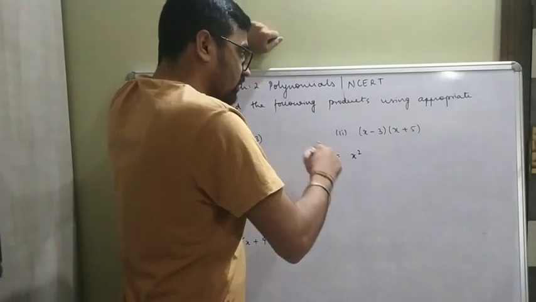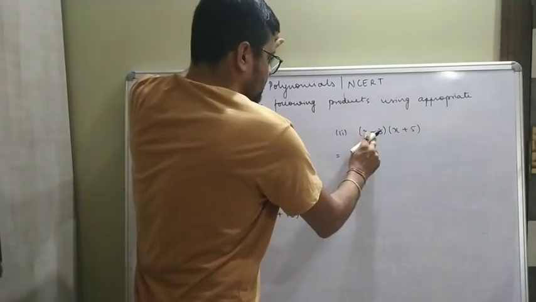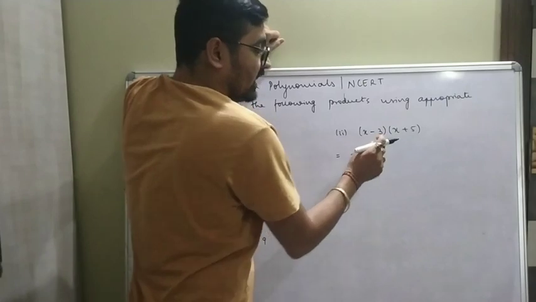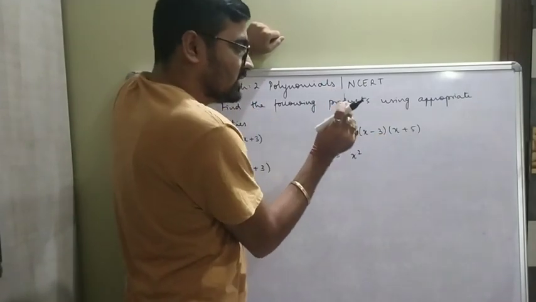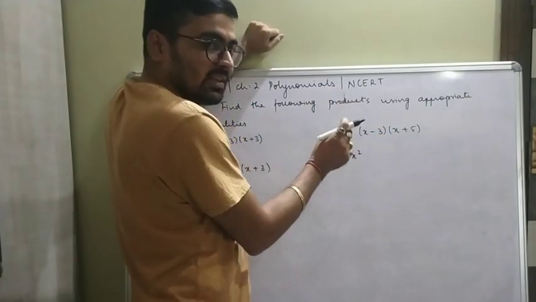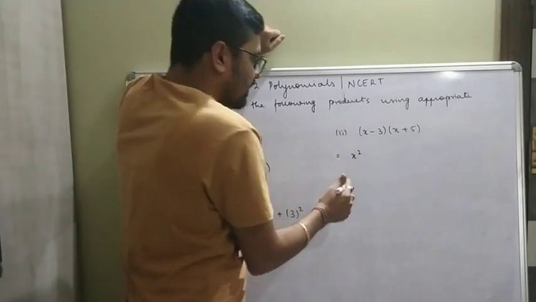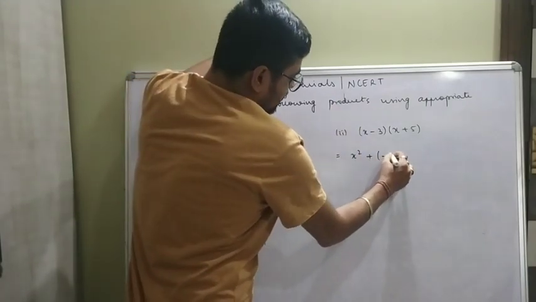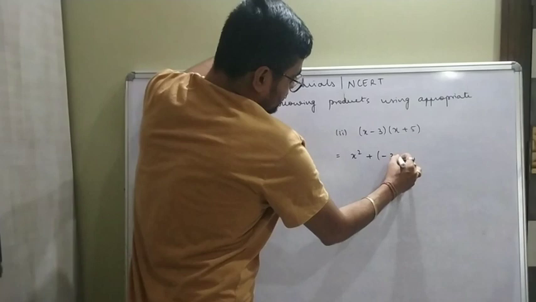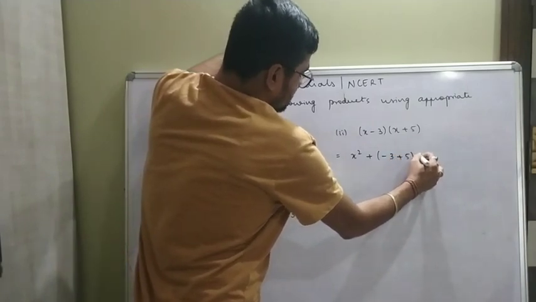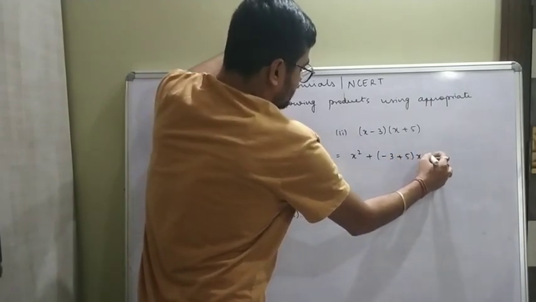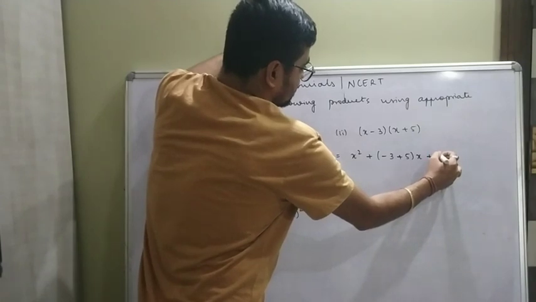Now first of all you have to compare this like this, that x minus 3 can be written as x plus (minus 3). So I can take a as minus 3 and b as 5. So x square plus, in brackets, a plus b, that is minus 3 plus 5, x plus